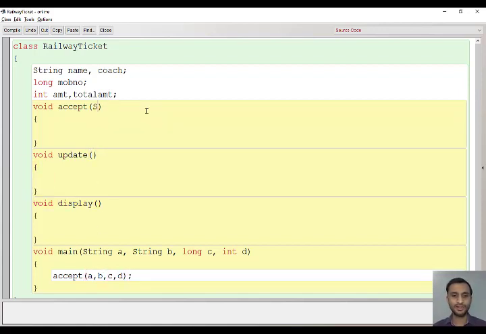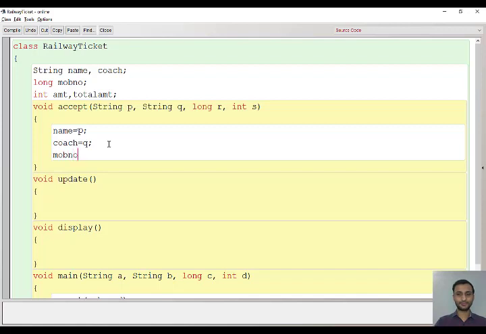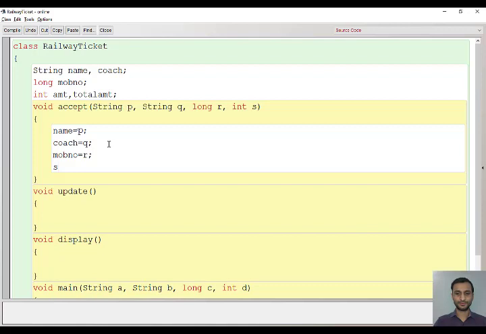So again here you have to write, let it be String P, String Q, long R and int S. Now we have to keep these in the original variables, that is name and coach. Then we have the mobile number, and finally we have the amount. Done. We have taken the input.